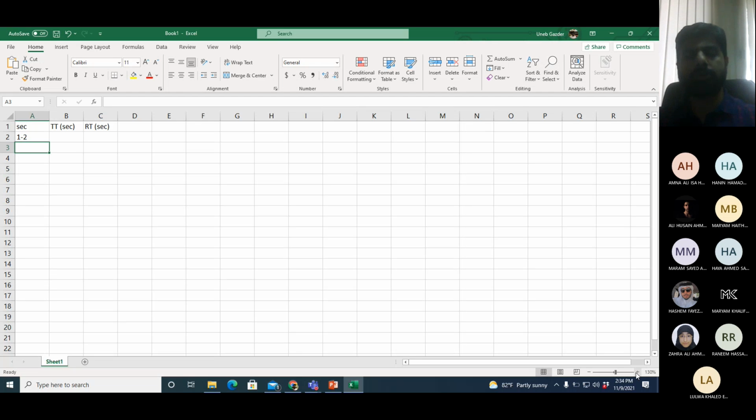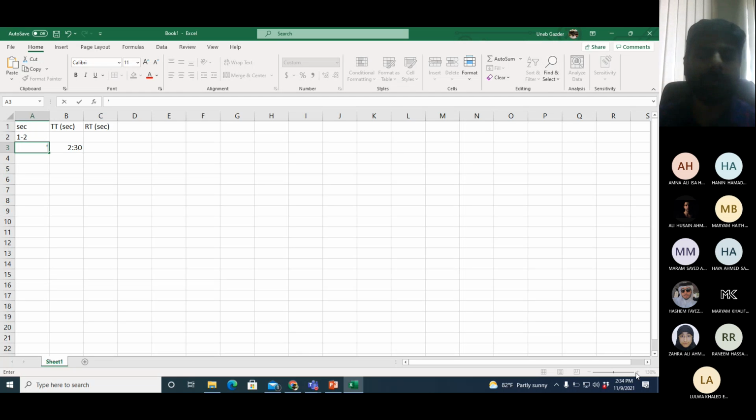If I simply put 2-3 here, Excel will convert it into a date. Same thing happens if I put 2:30 here. Excel will convert it into time, like the clock time. Not minutes and seconds, clock time. So if you want to put something and you want Excel to take it as it is, don't convert it to anything, then you put a small apostrophe before it, like this one.